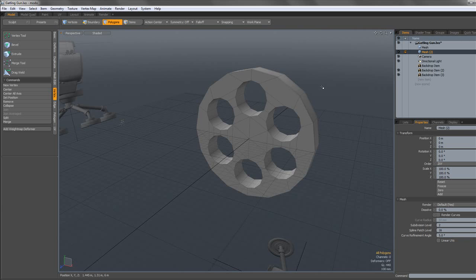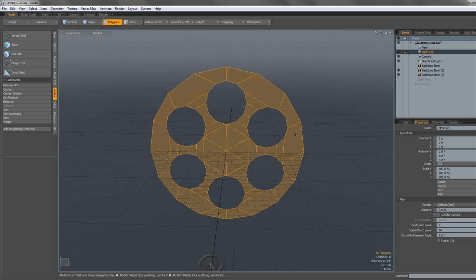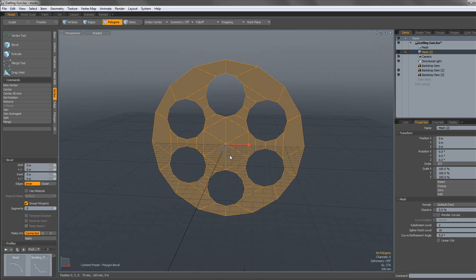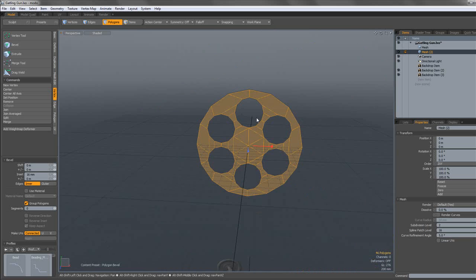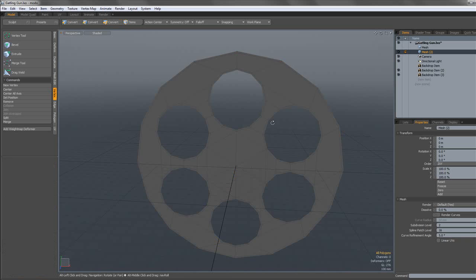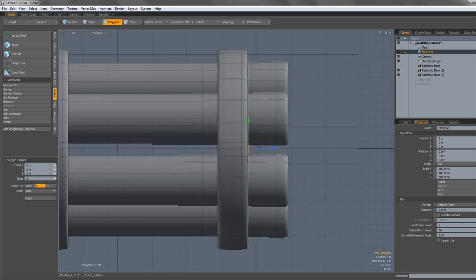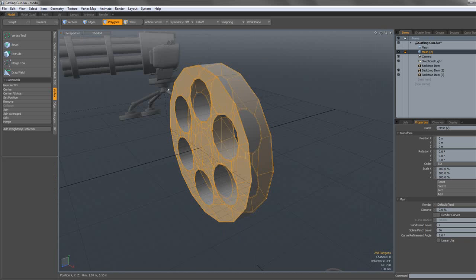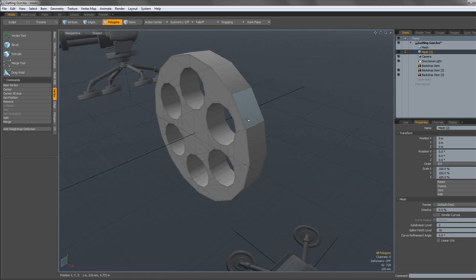So what we can do to fix that is go back a few steps. Just before we extrude it, select all these polygons, hit B on the keyboard and make a slight bevel inward. That will create a small row of polygons here and here, a row that is much needed. Make sure you have group polygons on. Okay, now when we extrude, that detail is going to copy on the other side, so we wouldn't have to do it. Okay, and as you can see, it already looks much better,